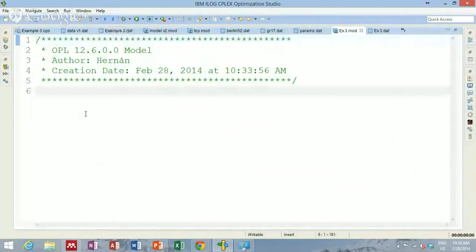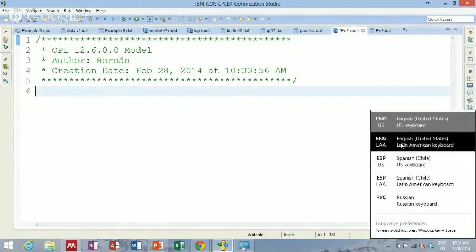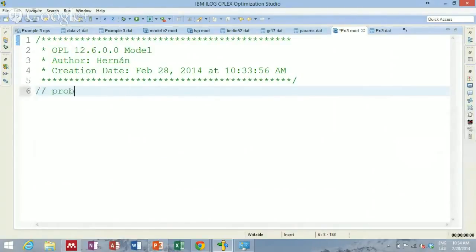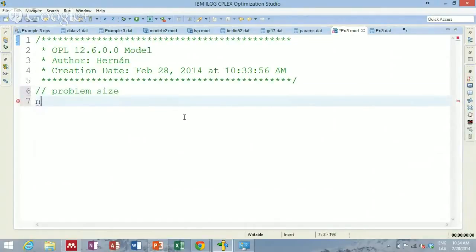So let's define first the problem size. And I'm gonna say that problem size is gonna be defined by n, and I'm gonna define it in the,